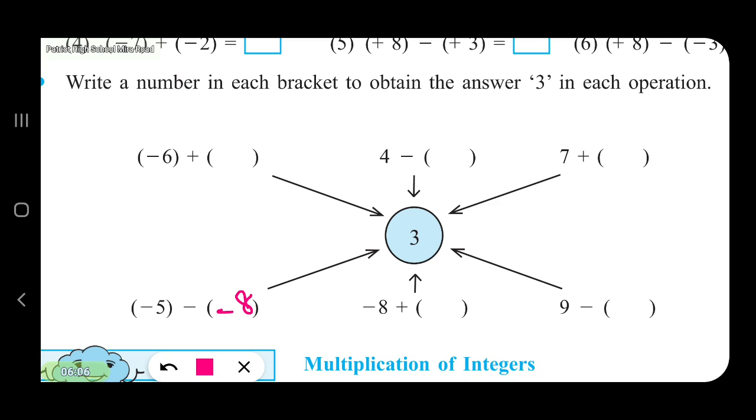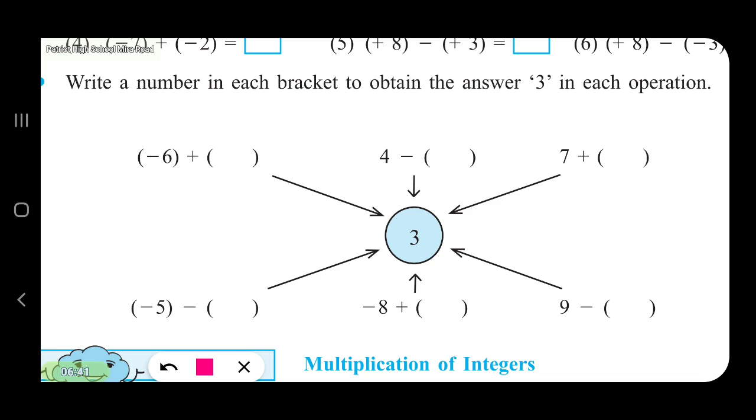The next example, fifth example, minus 8, and this has to be the positive number. It has to be bigger than that. So 8 plus 3 is 11. So if we have plus 11 over here, 11 minus 8 will give you 3. So inside the bracket you have 11 for the fifth sum, and the sixth sum,